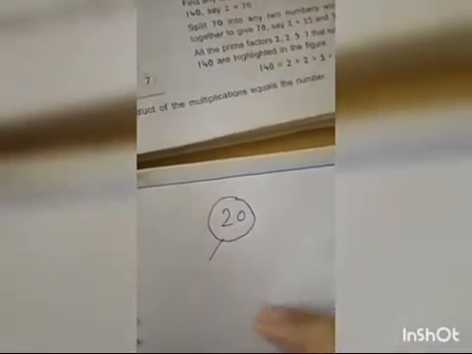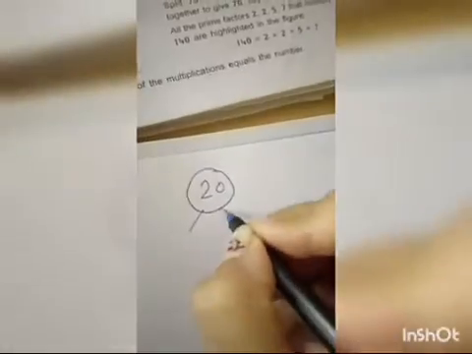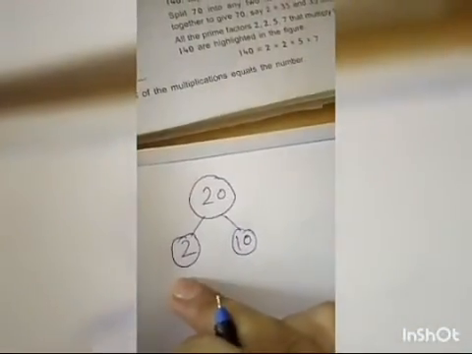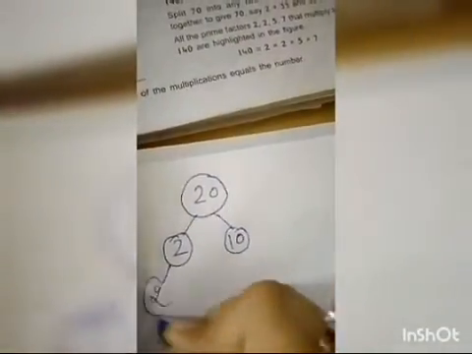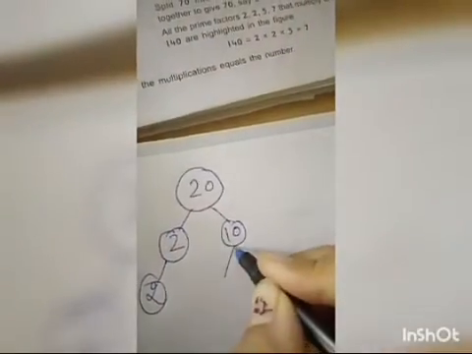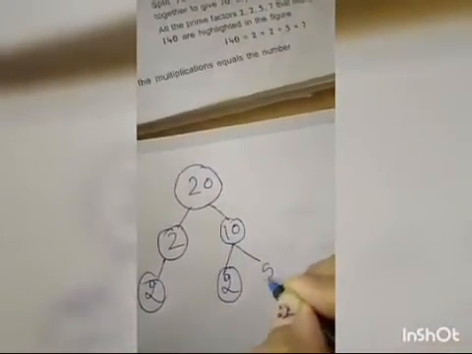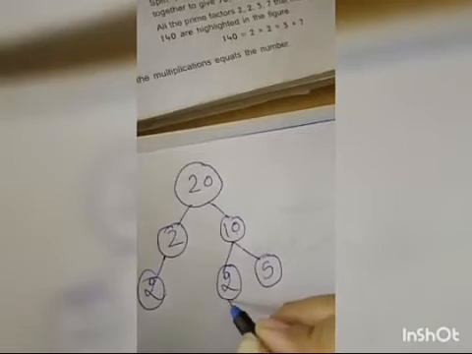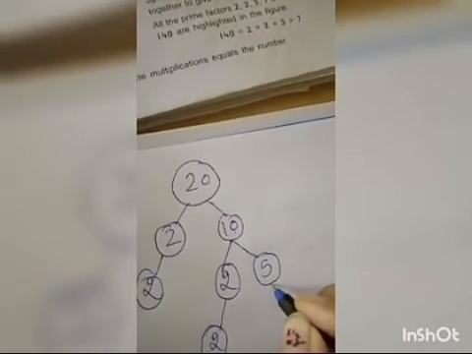Here is 140, but for your easiness, so that you will understand better, I will take another example. Like I have 20. So we have to make a tree from it. This node will be going on and we have to make a tree from this node. So I will choose 2 tens are 20. Now what do we write to 2? Nothing. So we will write 2 as 2. Now to 10 we can write 2 5s are 10. Then can we write anything to 2? No, not possible. Then to 5.